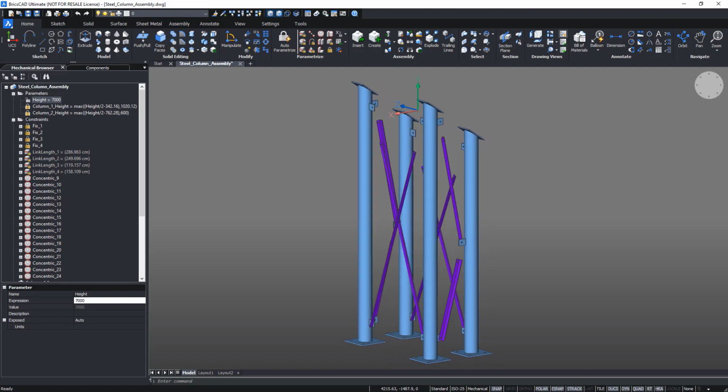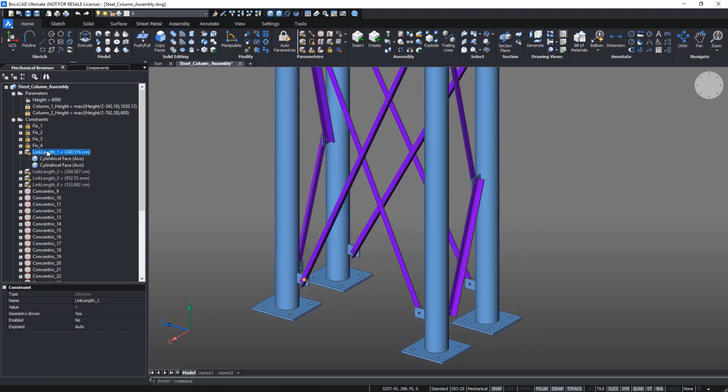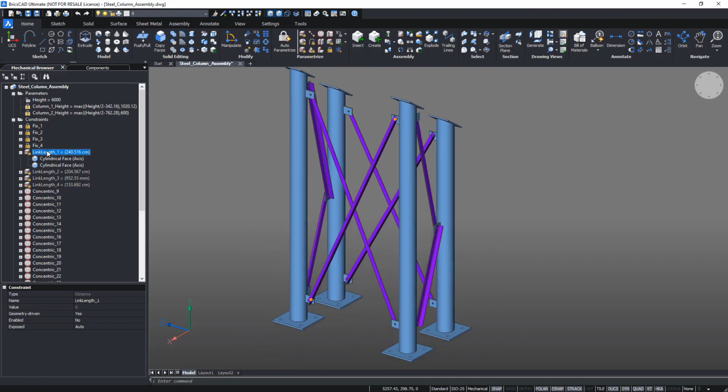The lengths are fixed, and you can see that gaps appear if you just change the parameter. But up front we created these link length constraints, and switching them to the geometry-driven state, we